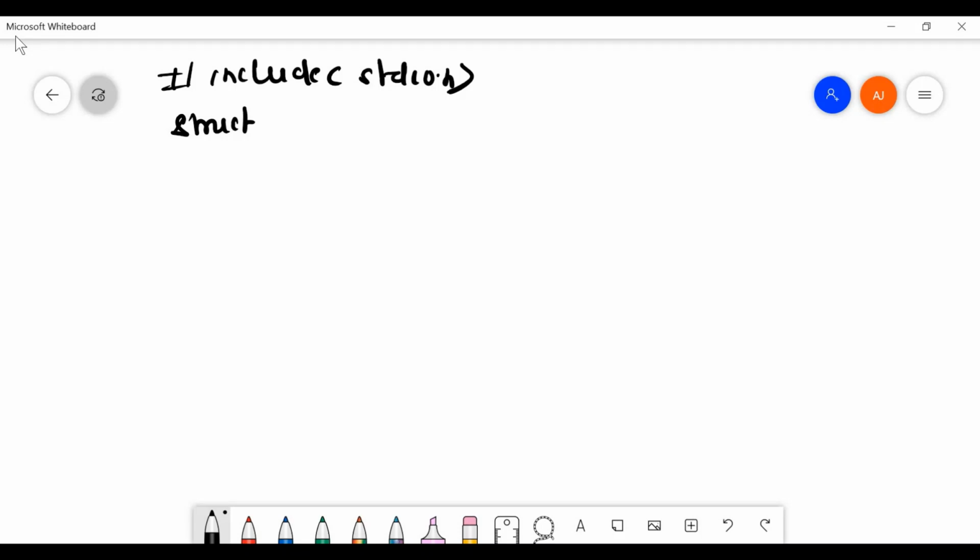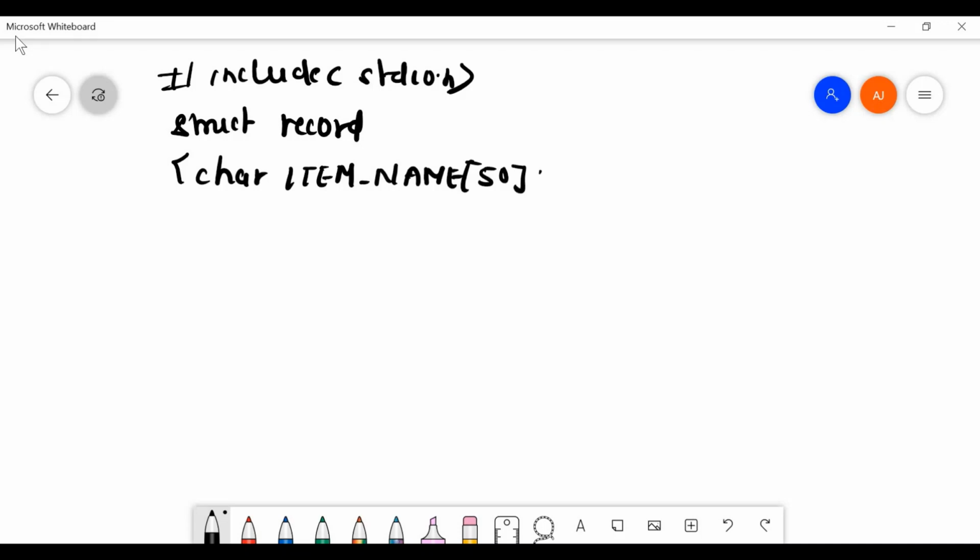I'll name this structure record. Here I'll maintain a character array for item name, of length 50, and an int, the second field, is number.